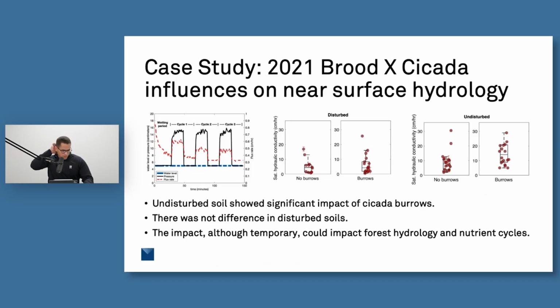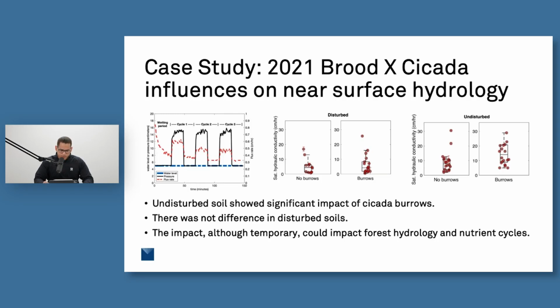So through their research, they found that the field-saturated hydraulic conductivity was greater in undisturbed soil that contained cicada burrows, with a median KFS of 14.1 centimeters per hour when compared with the undisturbed soils without burrows, with a median KFS of 7.8 centimeters per hour. And you can see that in the graph on the very right, titled undisturbed, and you can see that difference in